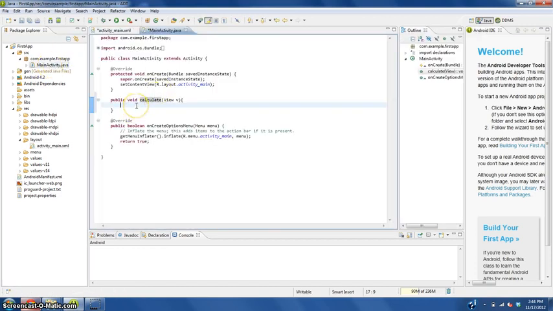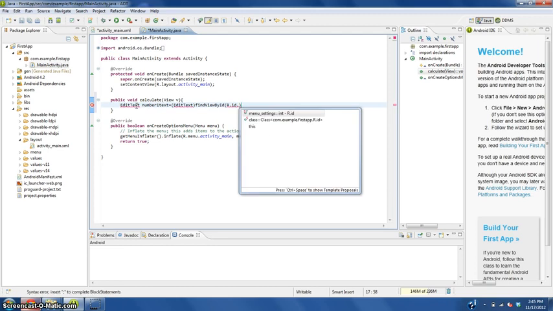Now we're going to need to create a new edit text, which is what that is called, and we're going to name this number1 text equals parentheses edit text find view by ID, open parentheses, capital R, dot, ID, all lowercase, dot,